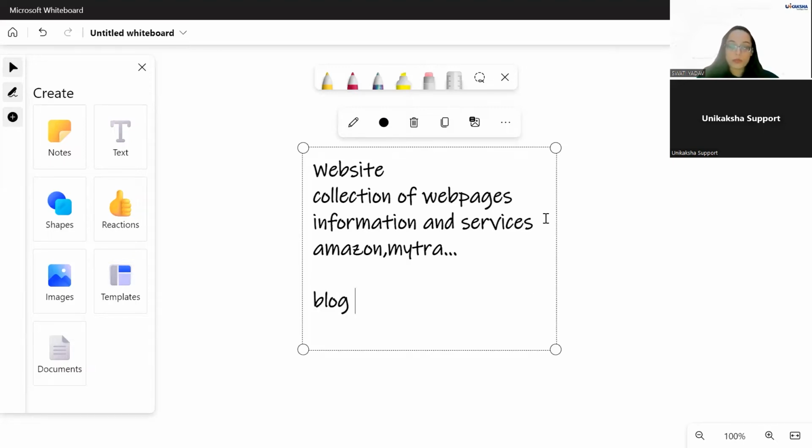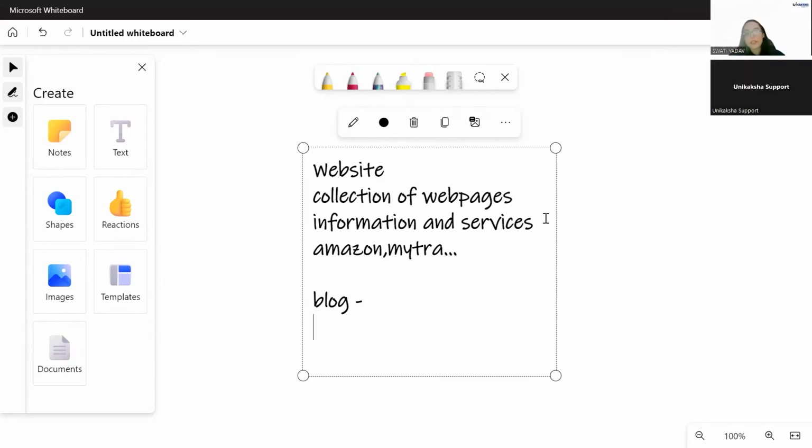There are different types of websites. You might have heard of a term called blog. A blog provides some information on a website. You might sometimes get confused about whether a website is the same as a blog, or a blog is the same as a website. A blog comes under the umbrella of a website, because blogs are websites or pages wherein you get certain information on various topics, right?